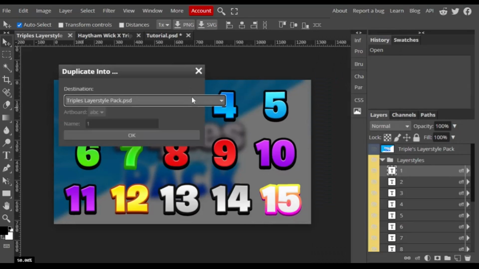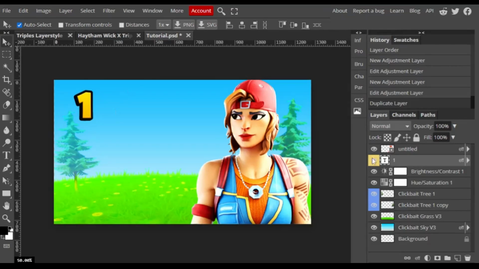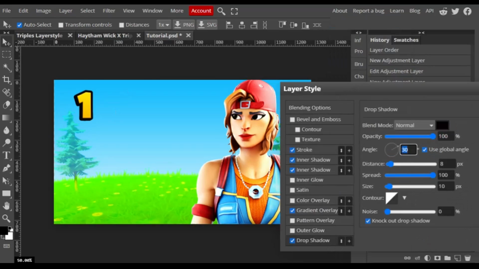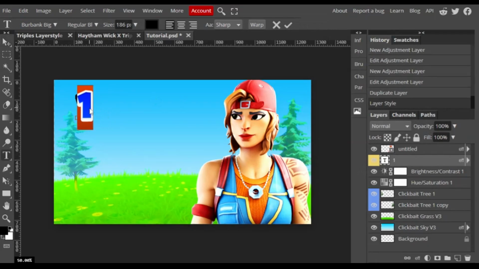Duplicate that into this. So my pack comes perfectly into this, exactly right here. And now when you duplicate it inside, it usually changes the drop shadow. So you want to change it to 90, and you want to have it like this. And yeah, so you click this, type in